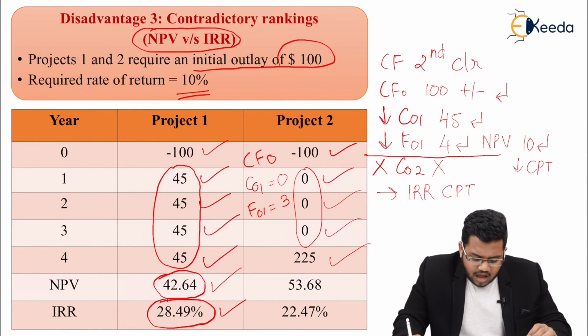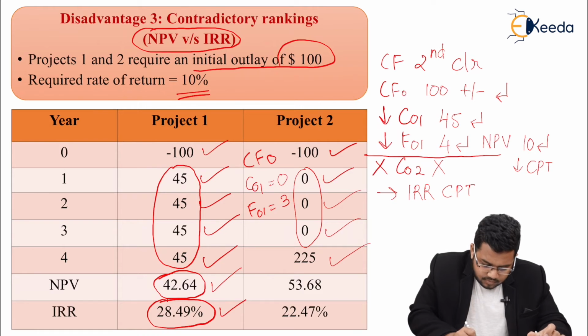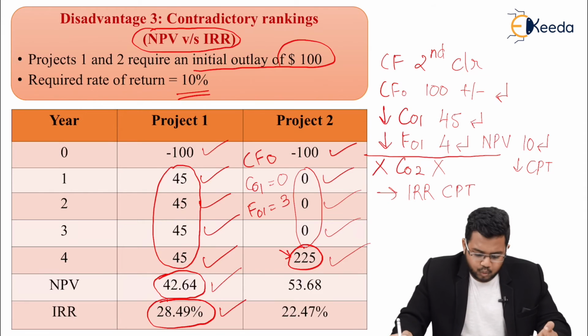Now after 0 there is 225 here. So my question is, what is 225? Is it C02 or C04? So the answer is, it is